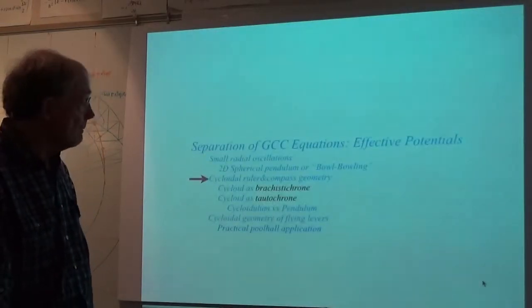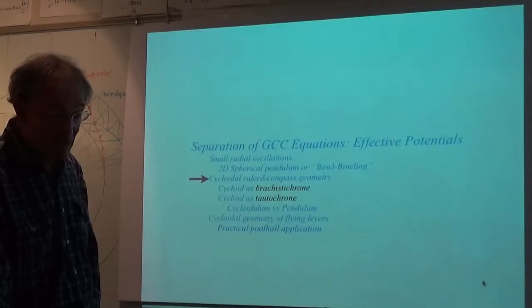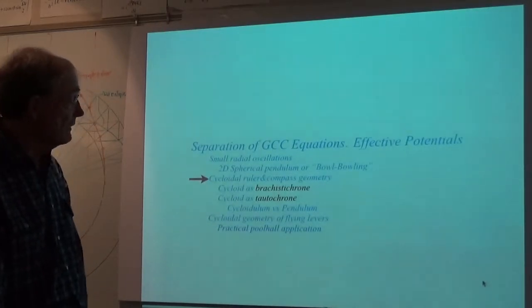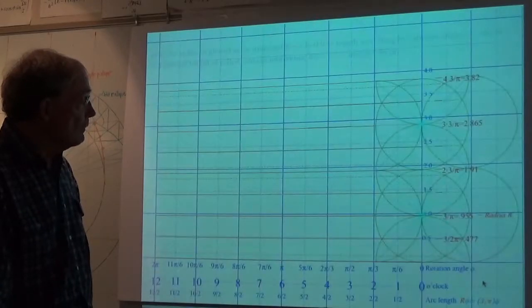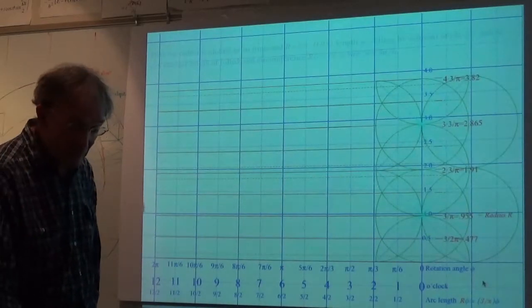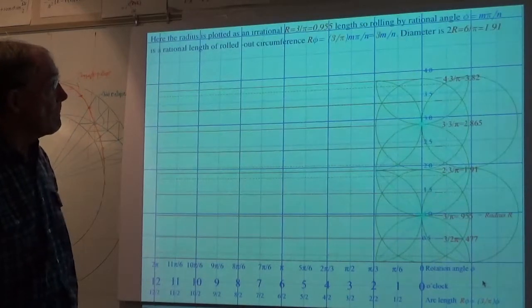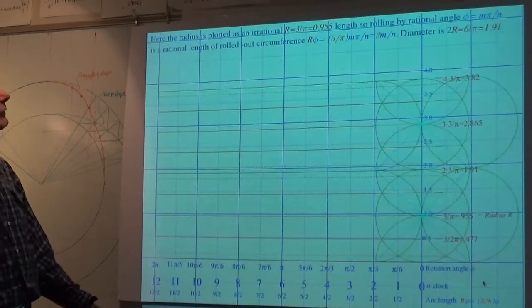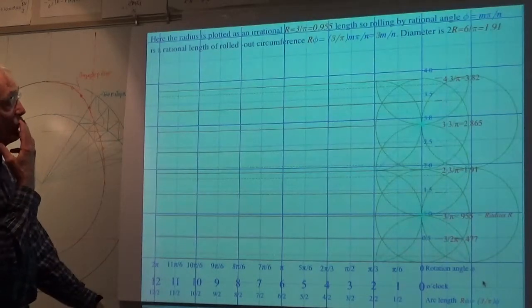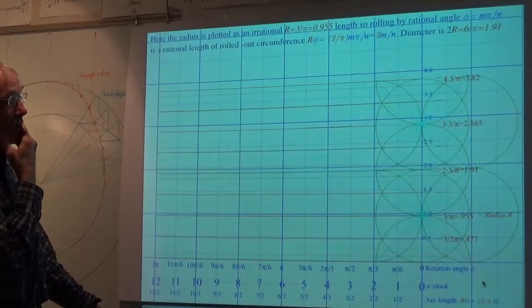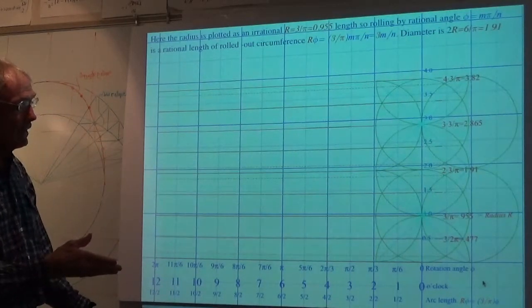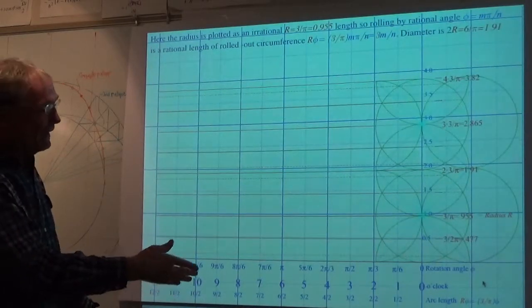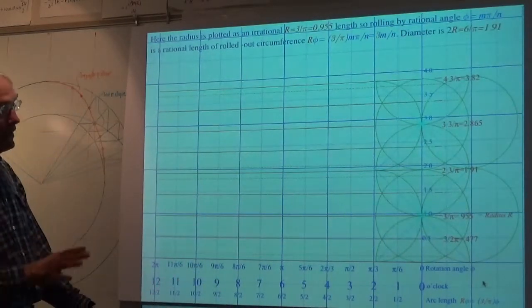Okay, well, at this point we're going to break and go back and look a little bit at the cycloid. And this time I want to show you something I would ask you to do by ruler and compass when the problem set for this comes up on Thursday for next week. What we're doing here is an attempt to show the irrational part of the cycloid on one dimension and then have the angular part be rational. In other words,